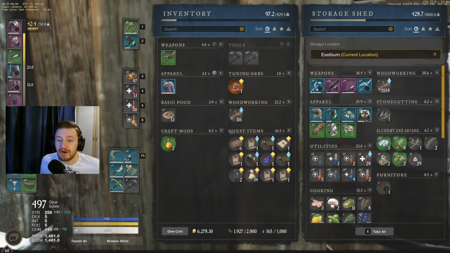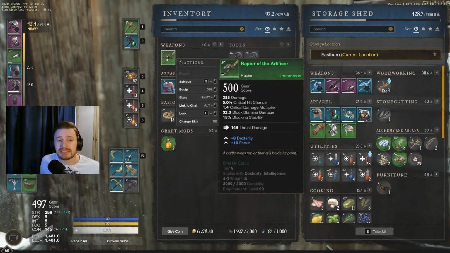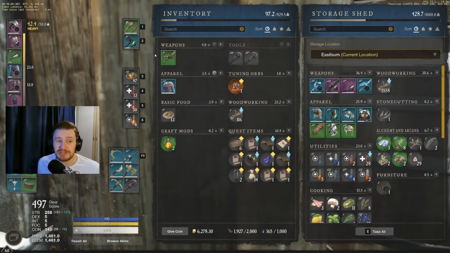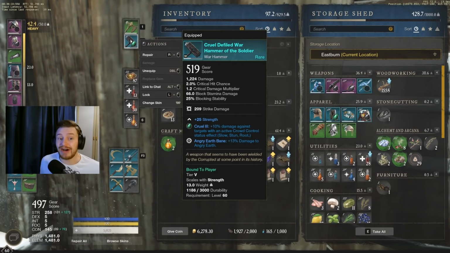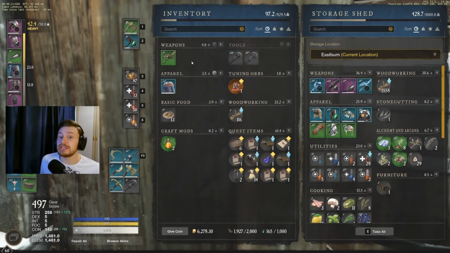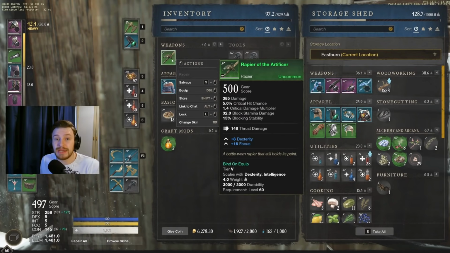You will see that obviously this is tier 4 stuff right here, so you've got a few different things. But when you go into tier 5, as you can see there, this rapier is score 500. Now, if I hover over this one, I've got a 510 hatchet, I've got a 519 hammer. So essentially what happens is once you get to level 60, you will start getting 500 base gear score drops,